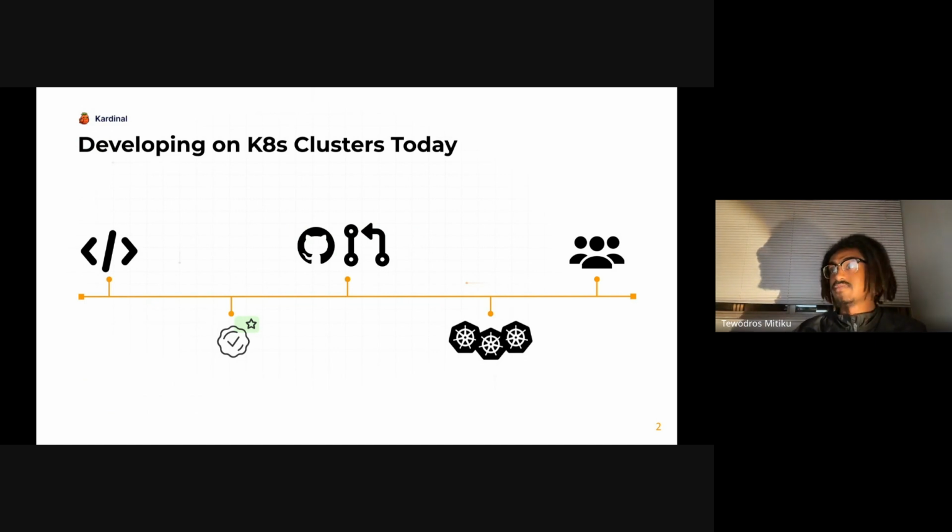So from right to left, I've got a very high-level overview of the software development lifecycle. On the left, we start all the way in development locally. We've got our developers working on their various microservices, be it features, bug fixes, etc. They'll make these changes locally, and then usually they'll have some sort of development environment where they'll do some testing. They'll run unit tests and integration tests locally. And then once they've got some local confidence, they'll push that up into GitHub, where usually some CI/CD release process occurs